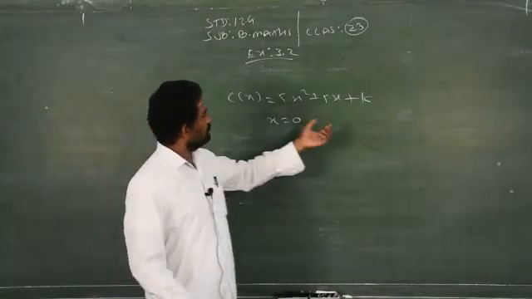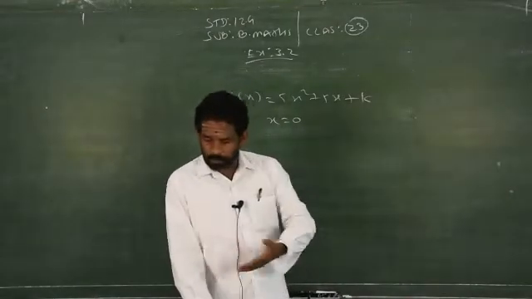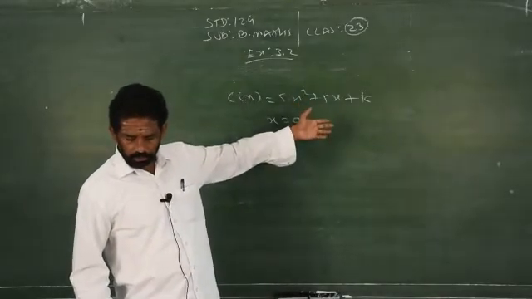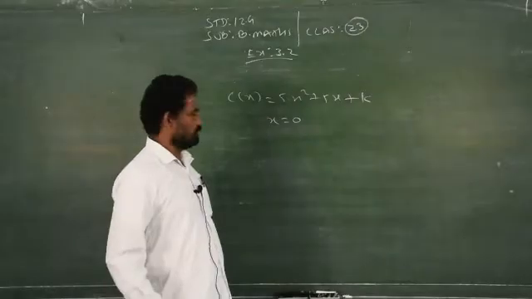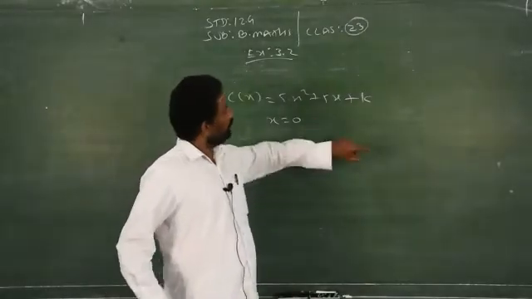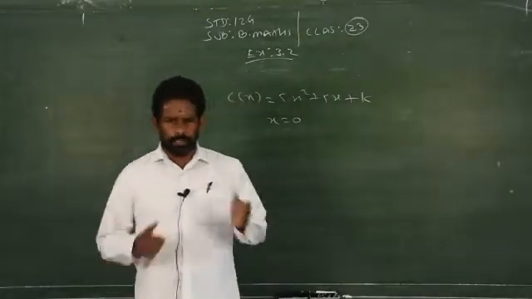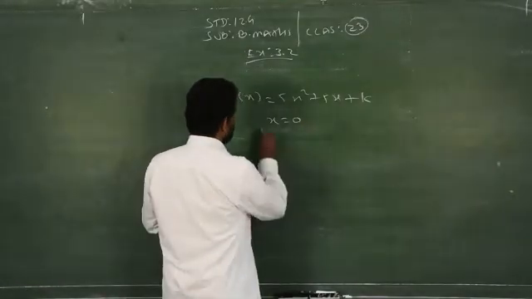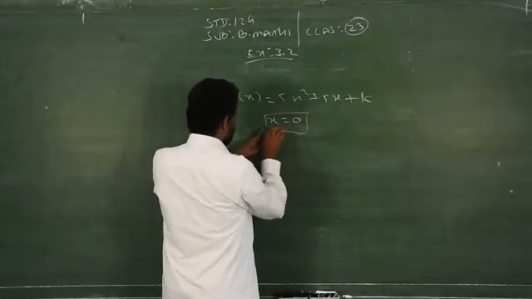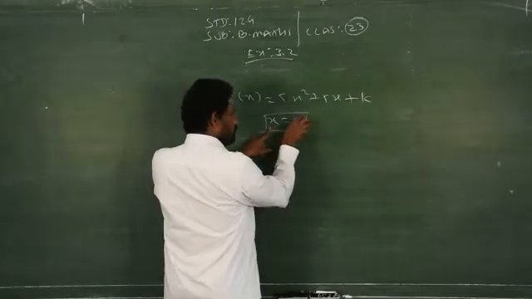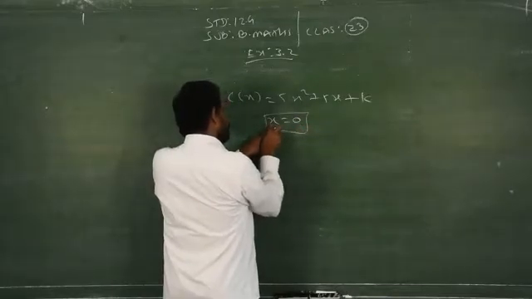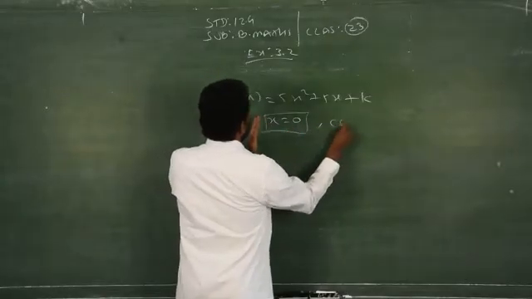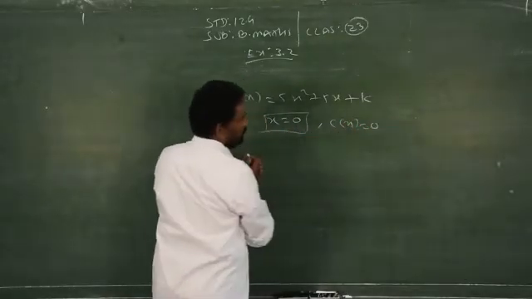Yesterday, in the previous problem, sum number 6, I replaced k straight away by the given cost price 500. I explained the meaning of fixed cost, but mathematically you have to prove it. So, what is the meaning of fixed cost? When the sales are not done, that means the number of units are not sold, x will be equal to 0. When x is equal to 0, what is your cost? Is the cost also 0?